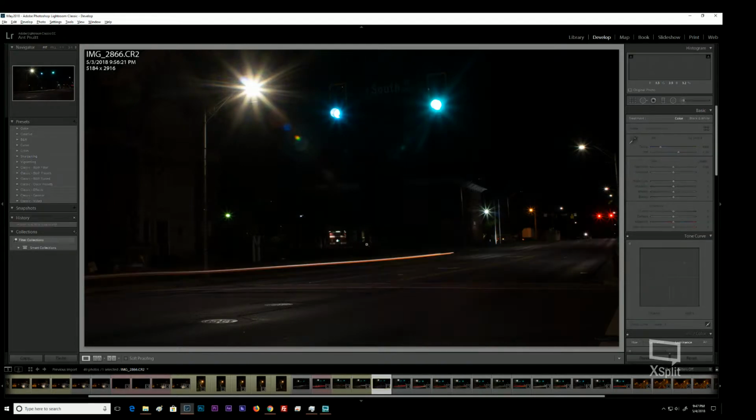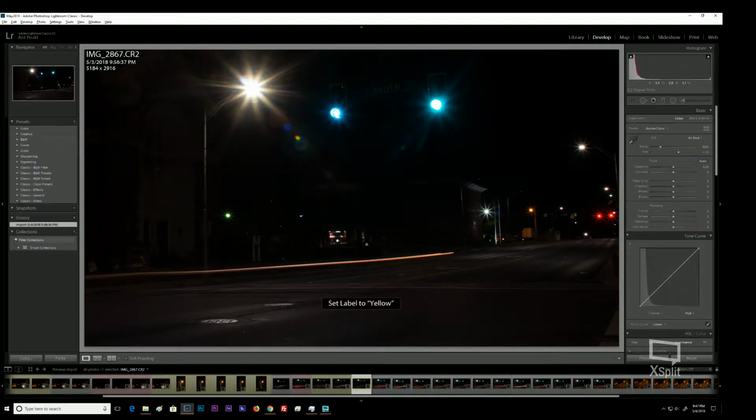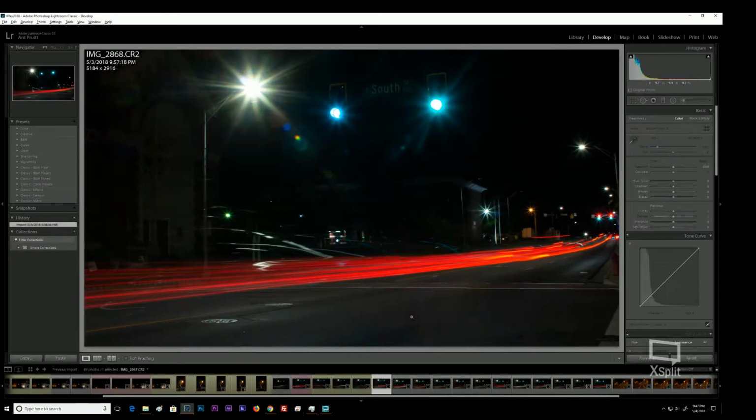Man, I hate that these are so dark. I like this a little better. I can see the street a little more. Ooh. Now we're getting there. And you see this one has the